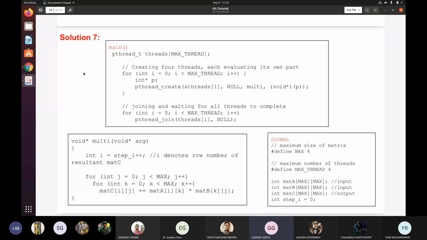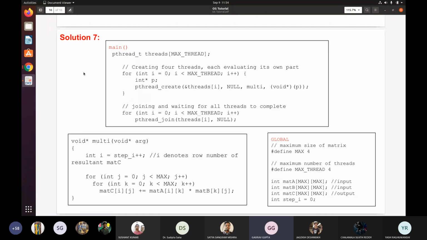And then we have defined this step_i equal to 0 as a global variable. Now firstly you come in the int main function. Here firstly we will define pthread_t threads[MAX_THREADS]. So we have defined an array of pthread which will contain 4 threads in our example, and these 4 threads we will create using this loop, because to write generalized code you can use a loop, or you can create them by yourself.